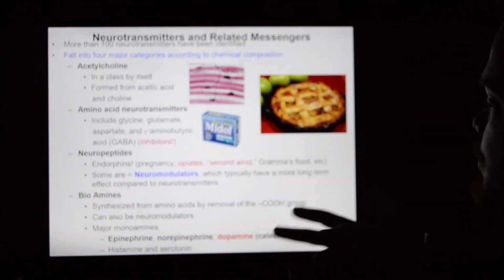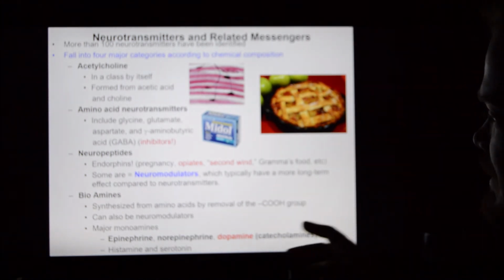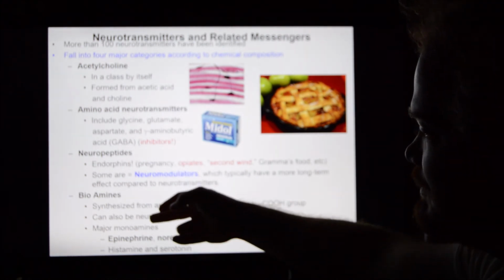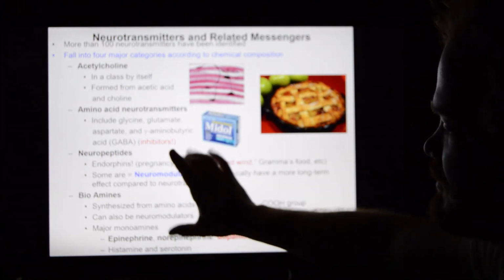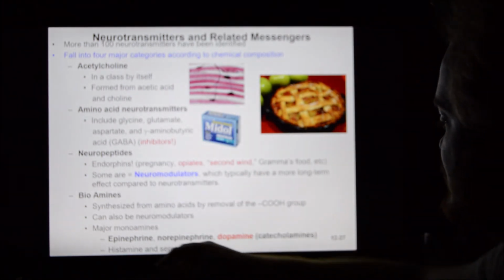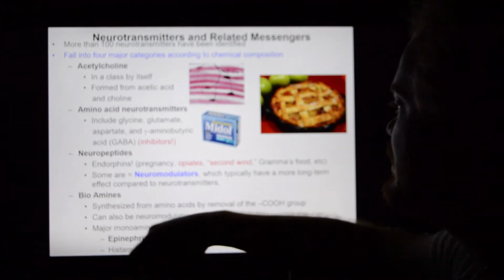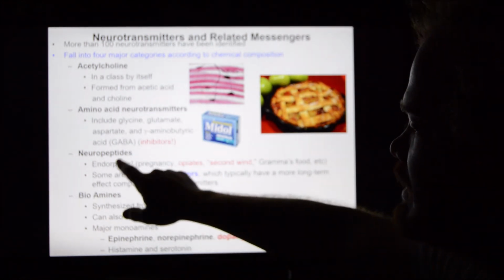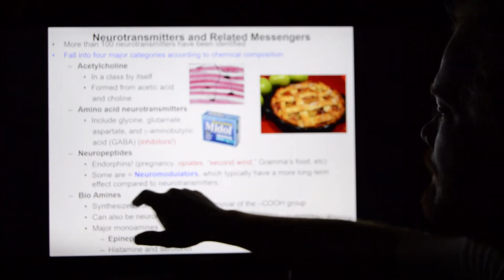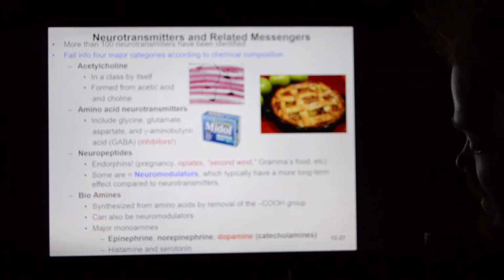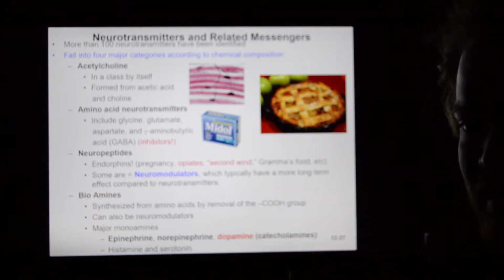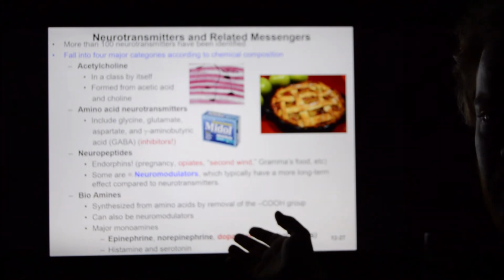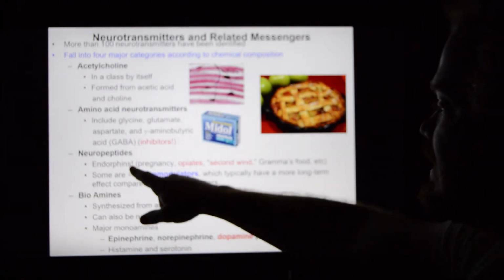Now, the next two are way more interesting from my perspective, and that is the neuropeptides and the bioamines. The reason these are fascinating is because they are neuromodulating. Let me say that again. Both of these, neuropeptides and bioamines, are neuromodulators. What that means is they bring about a whole body-wide augmentation. Your entire physiology changes when these are in play. So what are they? Well, like endorphins.